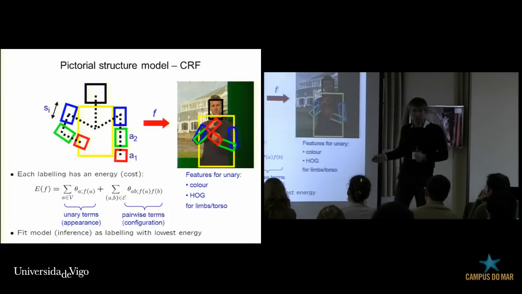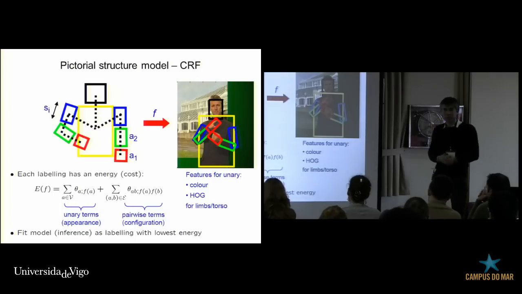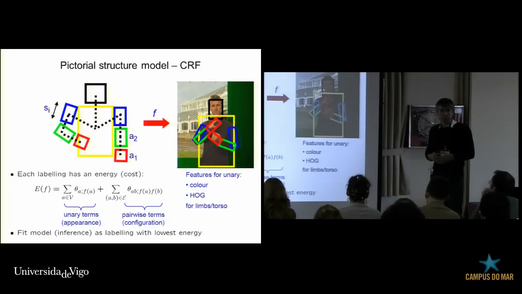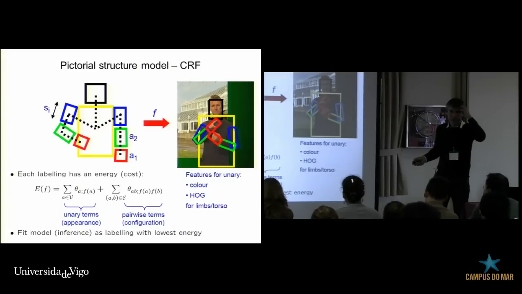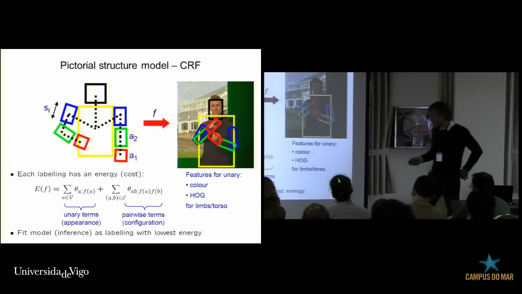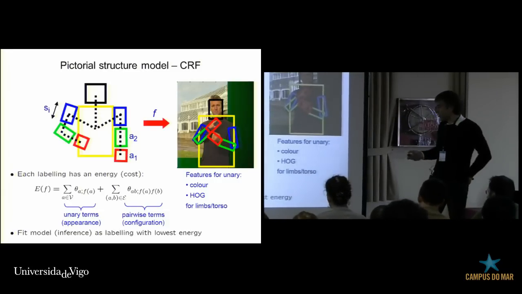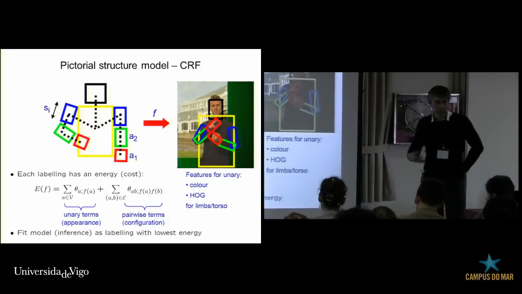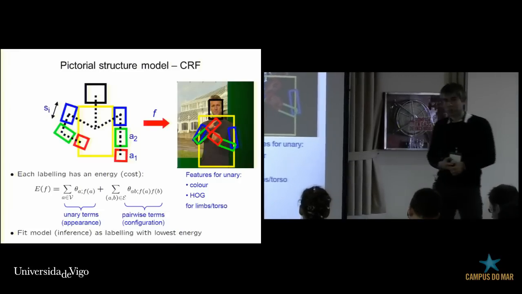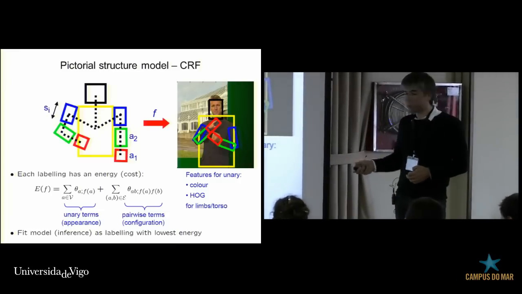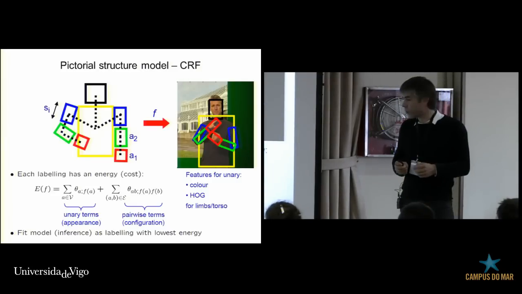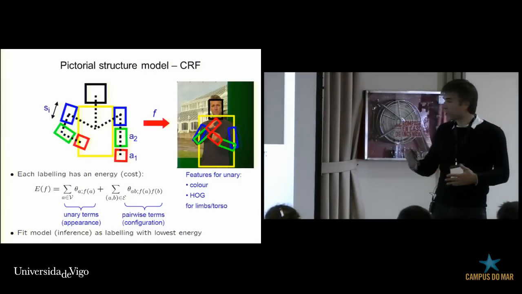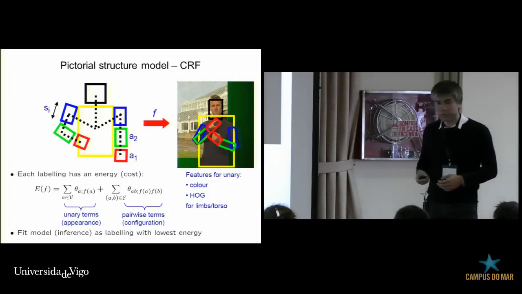Maybe you are familiar with this type of function. It appears in many different setups, not only for pose estimation, but also for image segmentation and other tasks. How many of you have seen this type of unary binary cost function? Okay, so this is a very common way of addressing problems, for stereo estimation or for image segmentation. There the nodes would not be the limbs, but individual pixels. And the labels of the nodes would be, for example, the disparity value, or the label of, say for this scene, a house, a tree, and so on. Anyway,